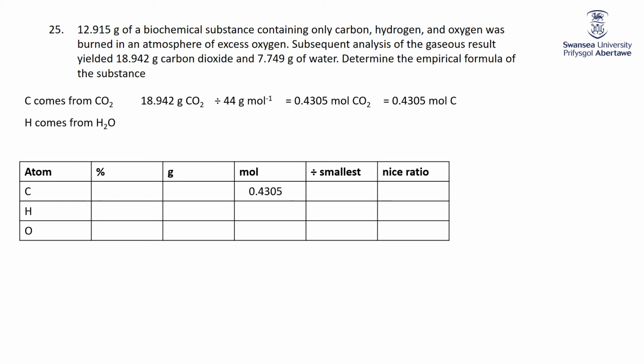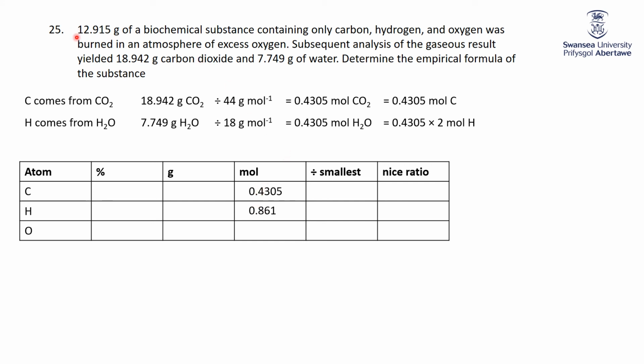All the hydrogen went into H2O. We have 7.749 grams of water. Divide that by 18. So we got 0.4305 moles of H2O. But of course there are 2 H's in an H2O, so we multiply that by 2 to get the moles of hydrogen, and 0.4305 times 2 is 0.861. So we know the relative moles of carbon, relative moles of hydrogen, so we can get the carbon to hydrogen ratio. But now we need the oxygen, and to do that we have to go back quite a bit,